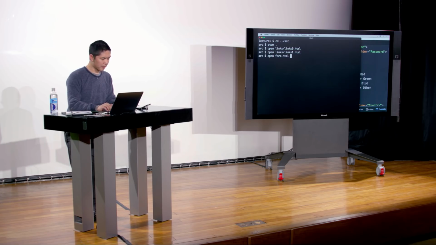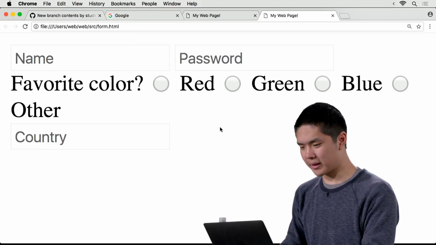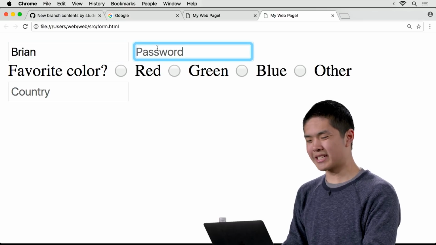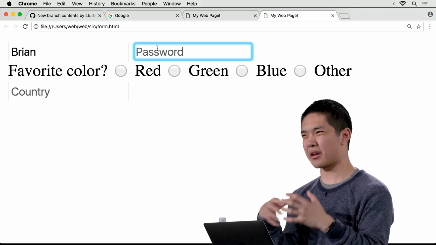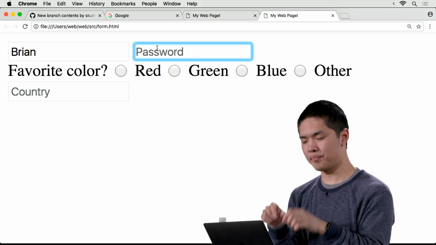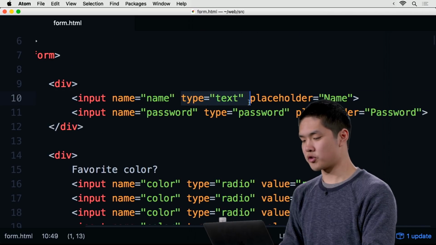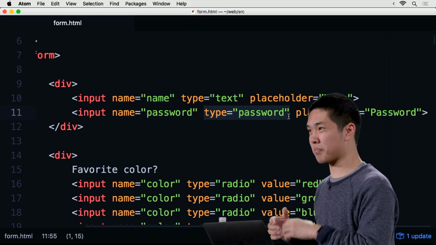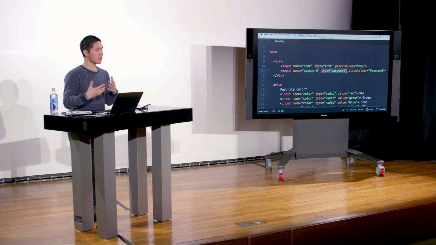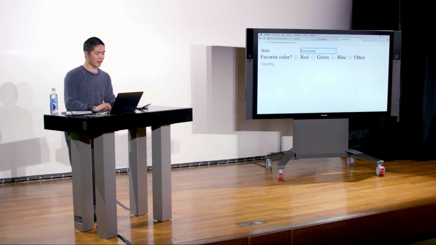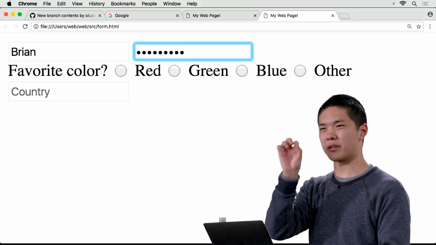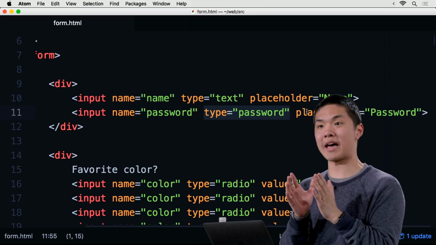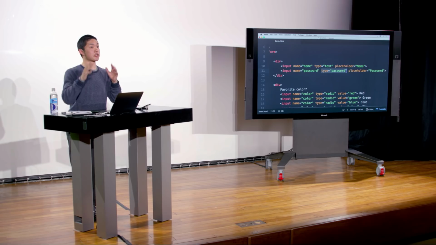So now, if I open up form.html, here's what that ultimately looks like. I have a place where I can type in a name. I have a place where I can type in a password. And recall that that password field had a slightly different type. The name field had type equals text, just normal text that I'm typing in. The password had type equals password. Browsers know how to interpret type equals password to mean this is secure or sensitive information that they're typing in. So when I start typing into this field, it's just going to show up as dots. It doesn't actually show the actual text. And that I got just by saying type equals password. And the browser knew to interpret that as secure password information,